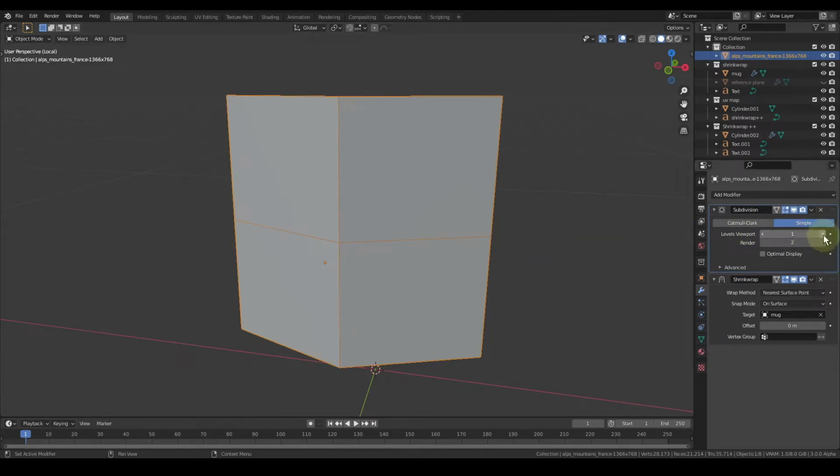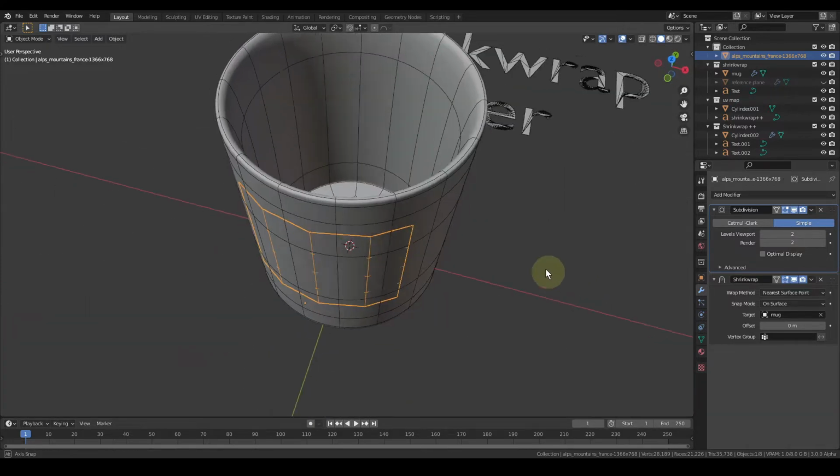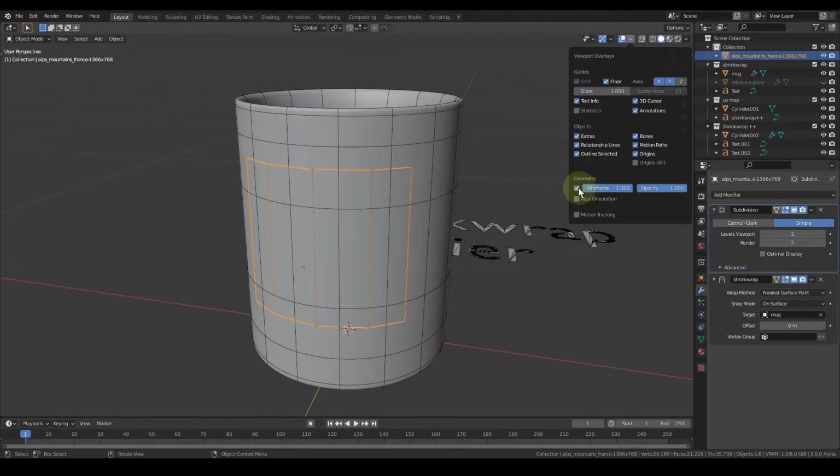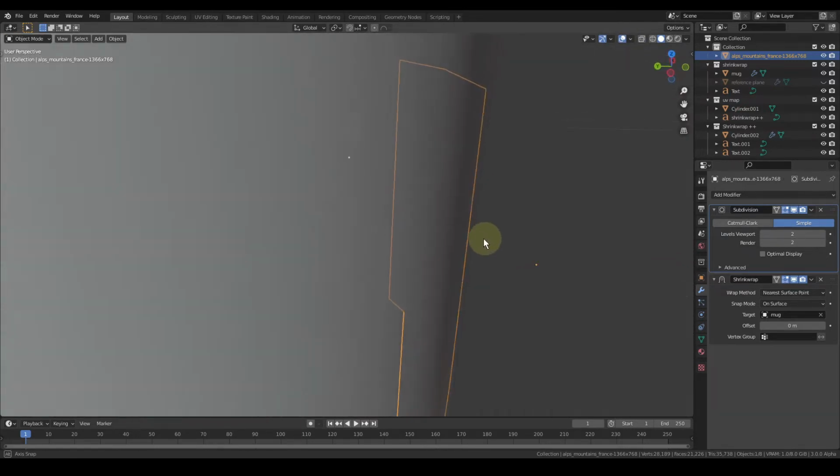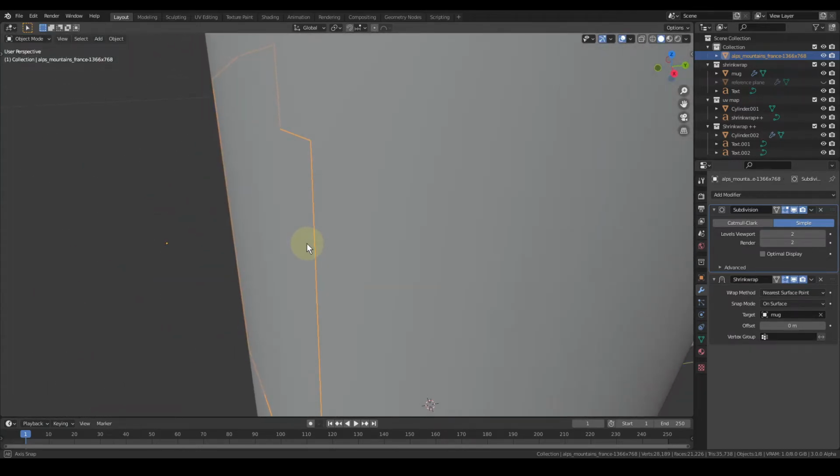If I increase the levels of subdivision, you can see 16 faces are created from this one single face. So when I exit the local view, you can see the plane is being projected, shrink wrapped over the surface of this mug.